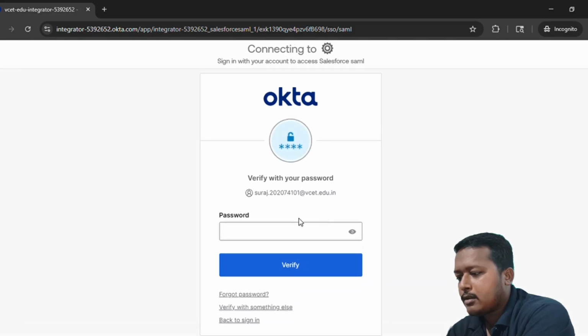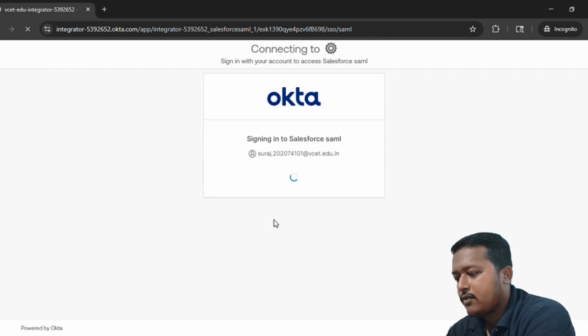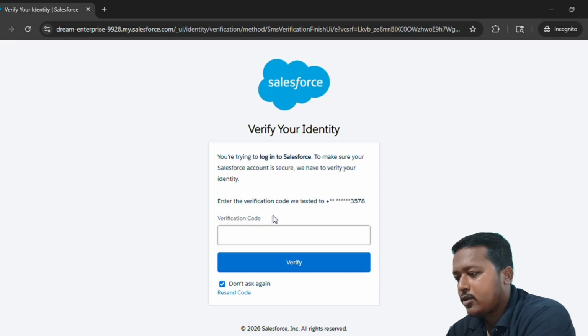Now we will enter the password. After I have entered the password, we'll click on the verify button, and now we'll need the MFA code from the Okta Verifier app. So we'll enter that and click on verify.